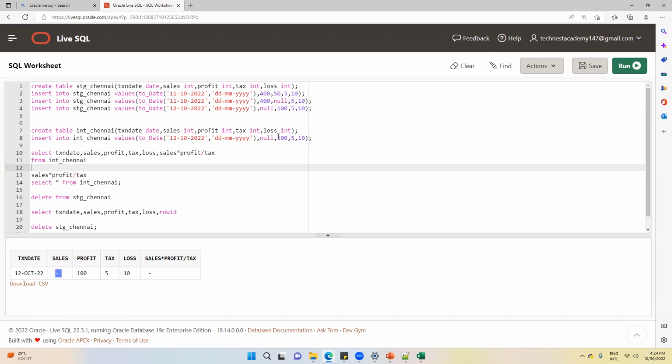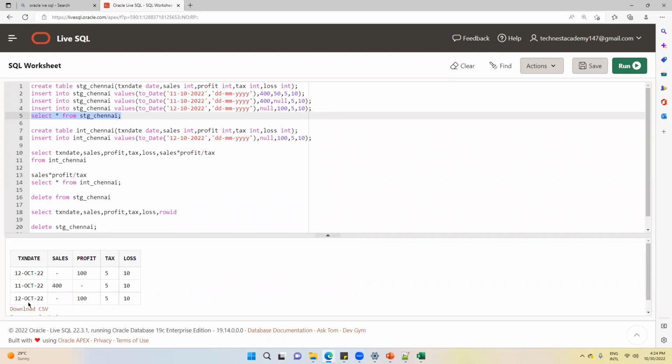Now, suppose you have inserted this in the staging layer. After dumping, you would have checked whether the data is correct or not. When you executed this query, you found that for 12th October, the sales is null. Immediately you will drop an email to the source team asking why they sent null for the sales, and to send correct data.